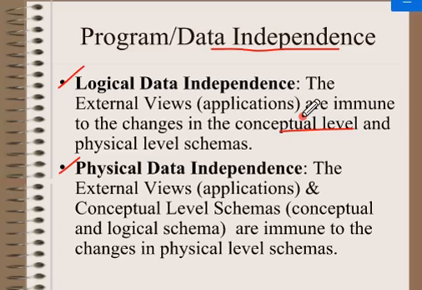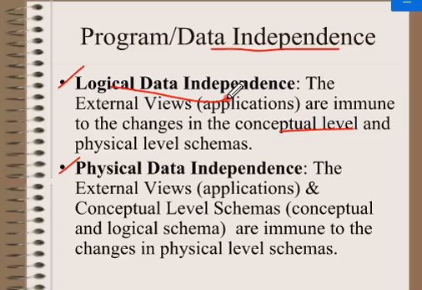In the entity relationship data model, we discussed the entities, the attributes of the entity, and the relationships among the entities. Then in the lab you would have seen how to represent an entity in the form of a relation, that is, a table. Say for example we have a student entity. When I add a new student, or delete student data, it does not affect my external level. How is it possible? Because of logical data independence. Hope you are getting this.